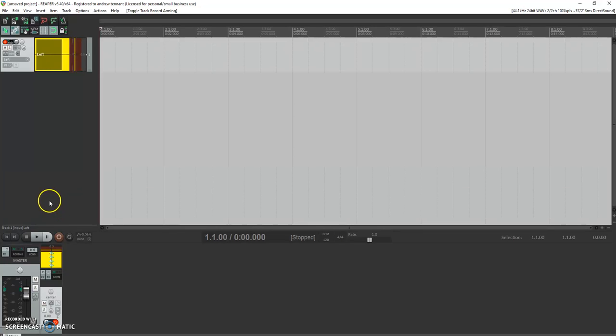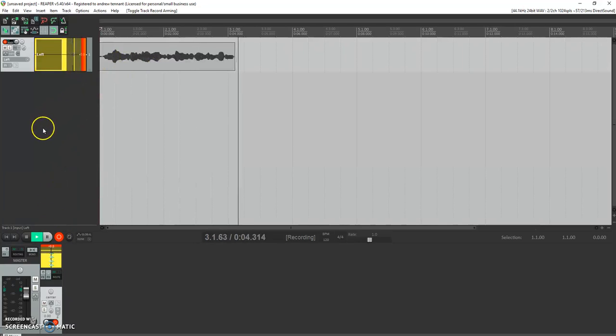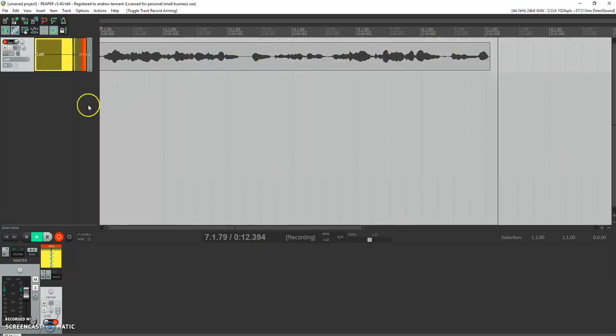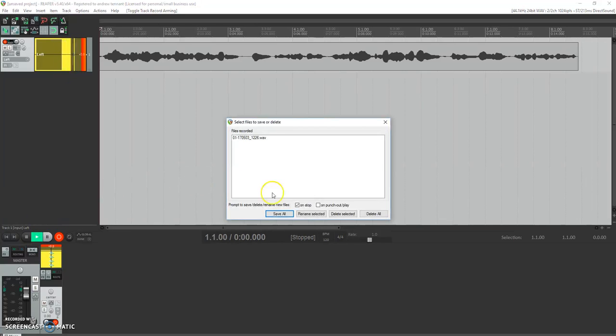Okay, now that we've got that done, we want to hit the record button. You can see the sound waves, and you can tell that it's recording as I'm talking, and it's going to work for us. This is a good sign. If you don't see this, if it's all flatlining, then you may have skipped a step in the process. So we're going to pause it there. Every time you're done recording, unless you messed up and there were too many ums and ers in there, in which case you might want to delete, for our purposes we're going to hit Save All,